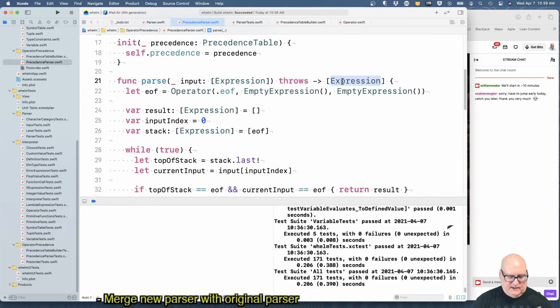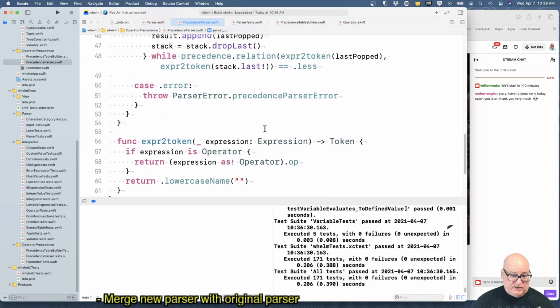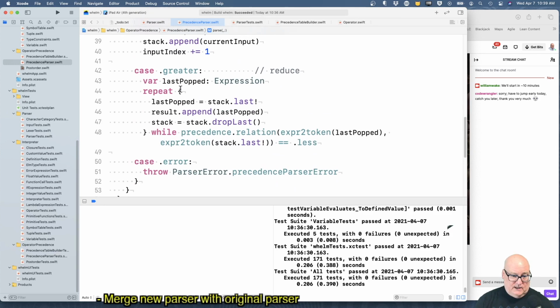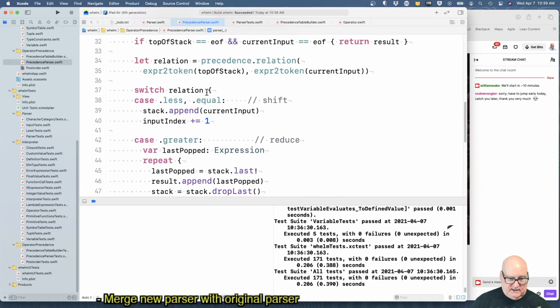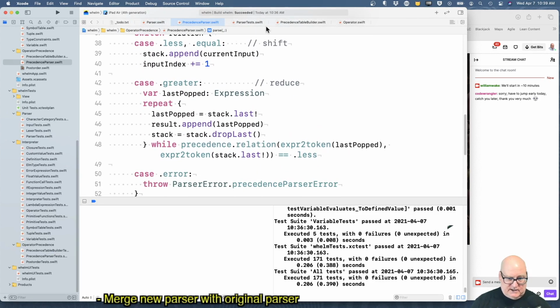If we just returned an error in the list of expressions, I think that would be okay. We want to get out because we compare two operators, we don't know the precedence between them. I don't want to get in any kind of infinite loop where it looks less one way and greater the other or something like that. I just want to return out. Let's change that.